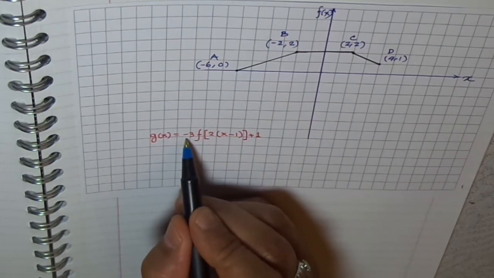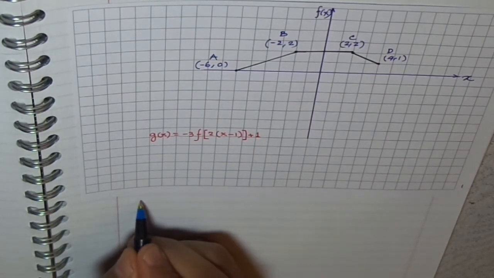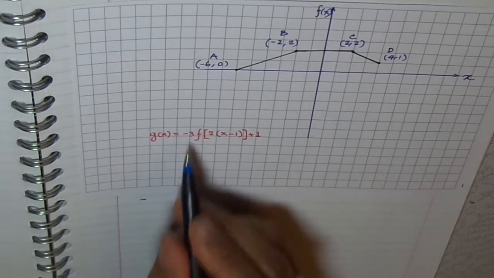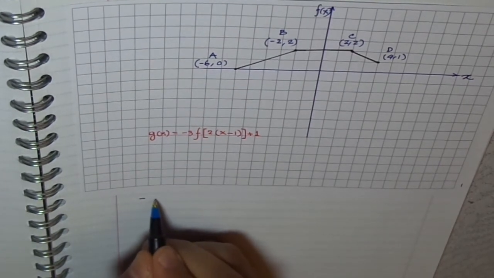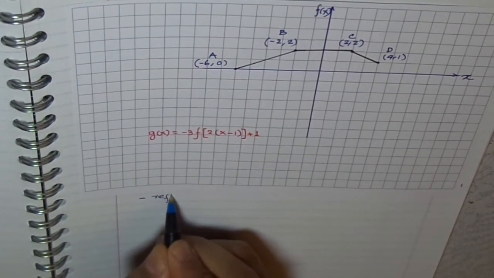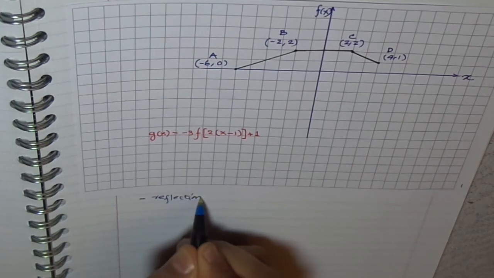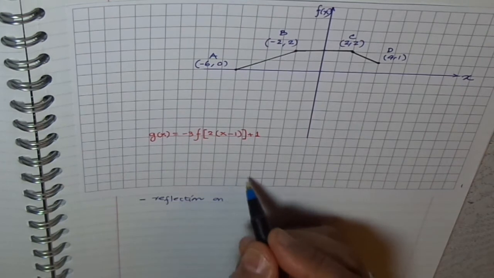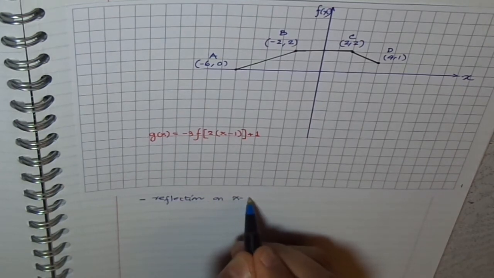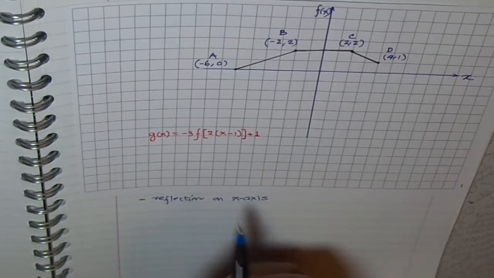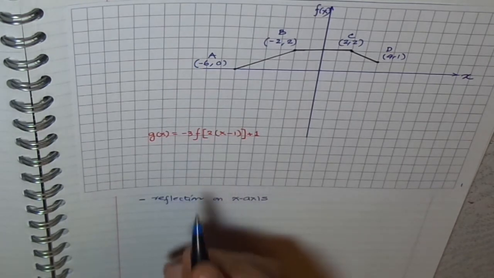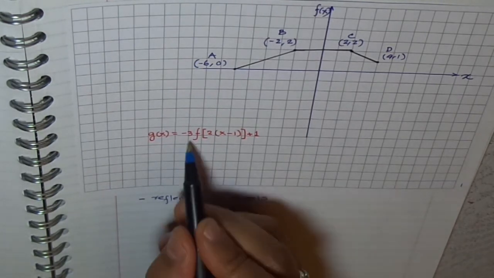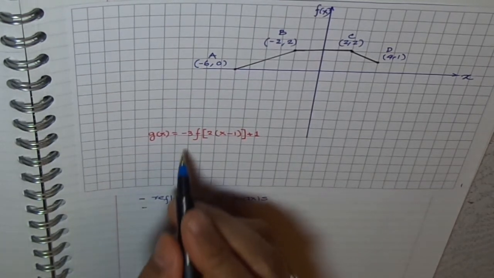Now this minus means reflection on the x-axis. This is vertical, outside, okay? So it reflects like this. How about this now? This is the k factor. No, let's take 3 first. So 3 is a vertical stretch